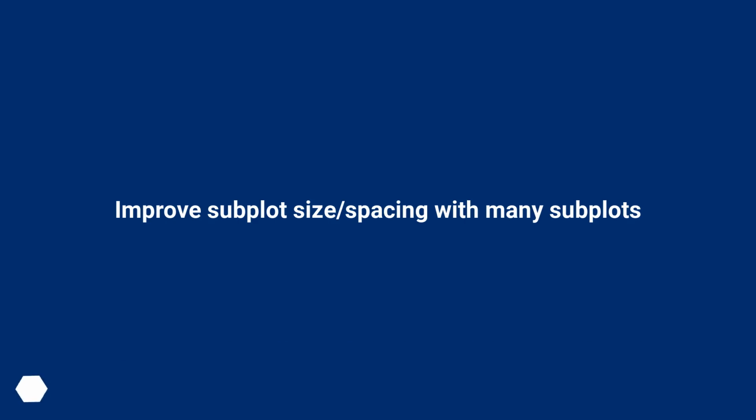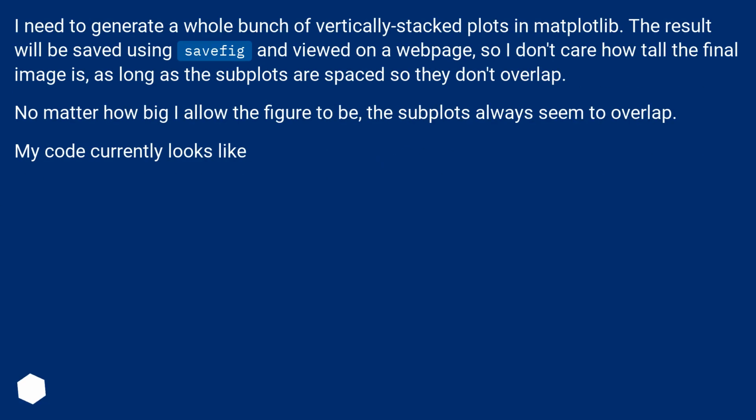Improve subplot size/spacing with mini subplots. I need to generate a whole bunch of vertically stacked plots in matplotlib. The result will be saved using savefig and viewed on a web page, so I don't care how tall the final image is, as long as the subplots are spaced so they don't overlap. No matter how big I allow the figure to be, the subplots always seem to overlap. My code currently looks like